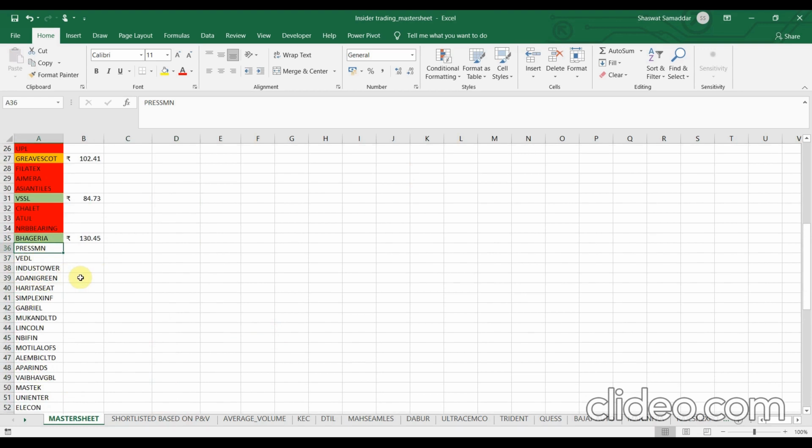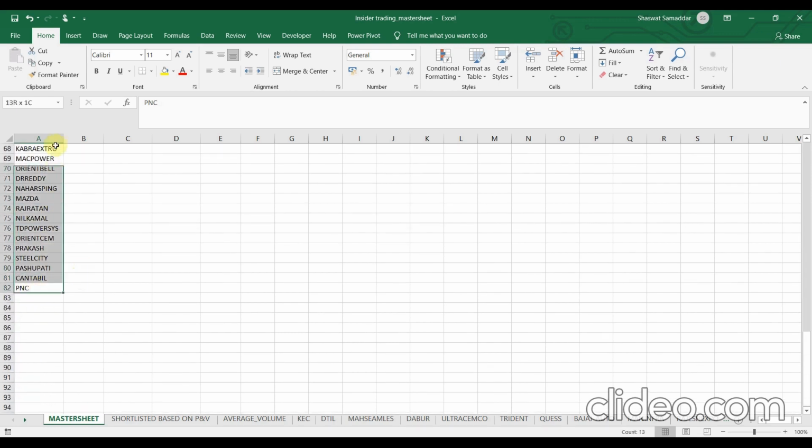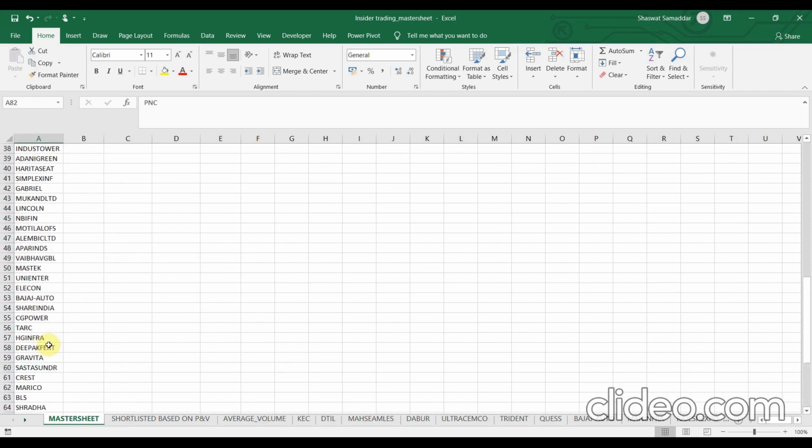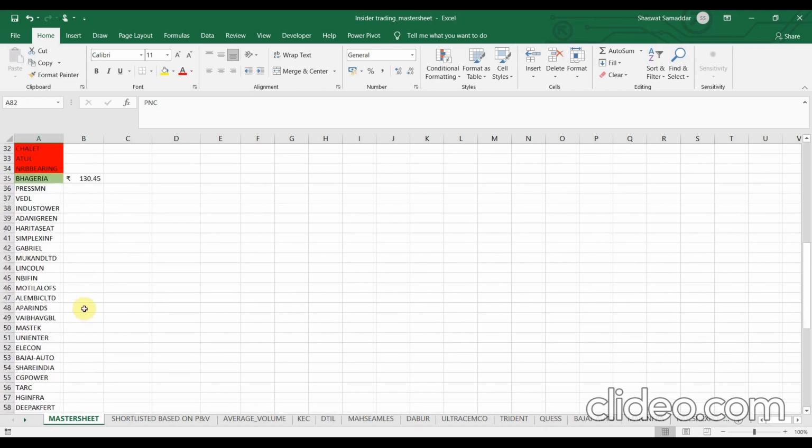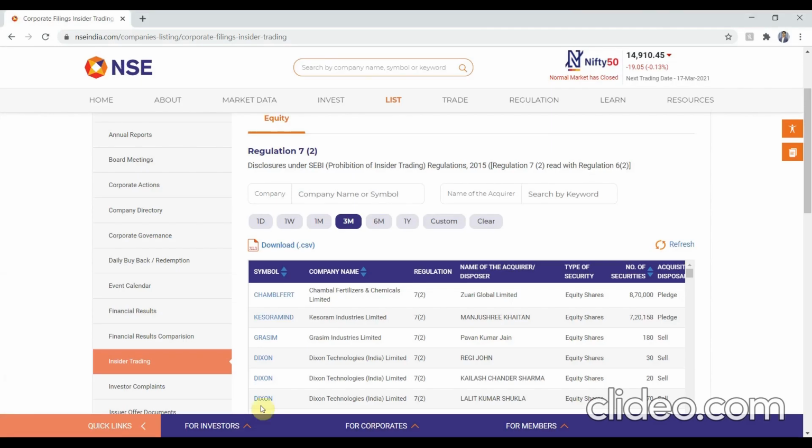Now, before starting the analysis, let me tell you the 4 steps which I will be performing for each and every stock present here. Okay, so how many stocks are there? Let me just count. 82, 36. Okay, so around 50 stocks are there. So this video might get long, or I might upload this particular video in 2 parts. We will see how long the video gets. No issues with that. Let me walk you through the 4 steps which I will be performing to analyze the stocks. For that, let me take you to the NSE's website.